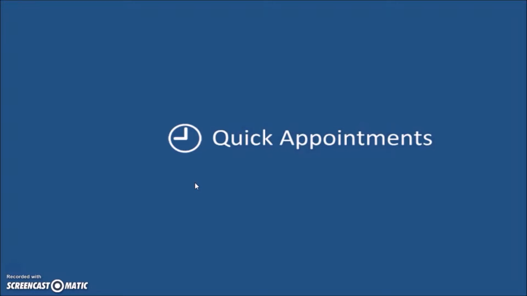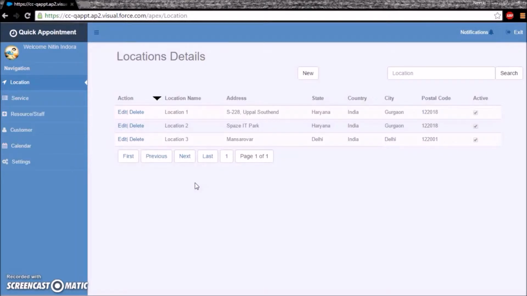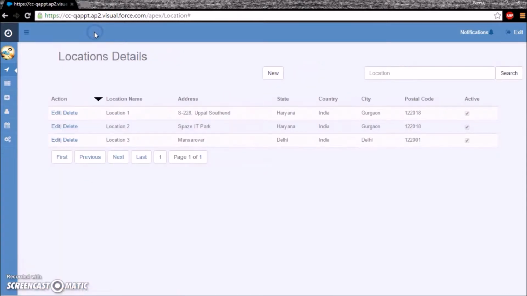This app is basically designed to book and manage appointments and the other stuff related to appointments. Here is the first look of our app. As you can see, we have focused a lot on the user interface to make it simple to use and attractive to look. Here is the menu bar to navigate to the other pages. We can also compress the bar.